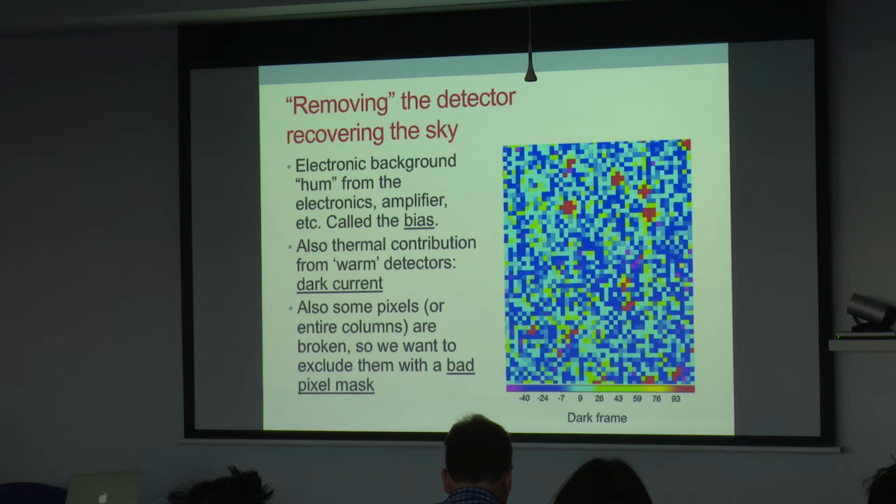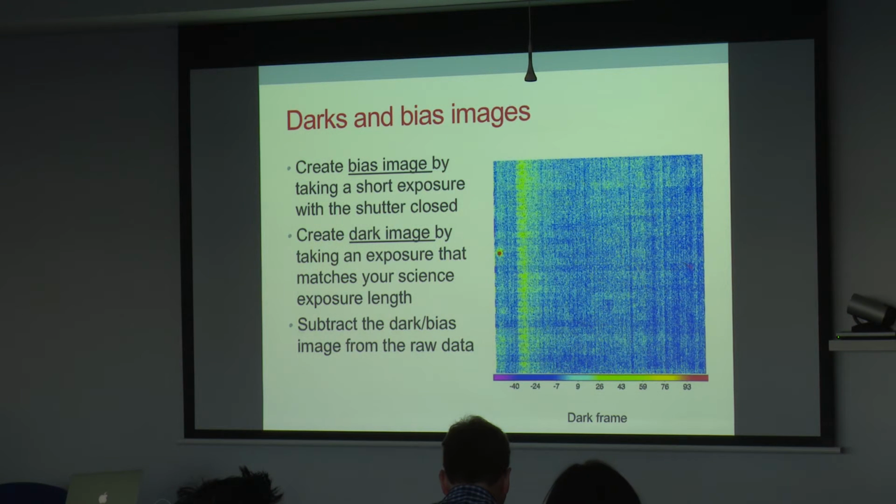And so what you want to do is capture this information and subtract it from your image. You usually just take a bias image, or in more infrared detectors, you'll take something like a dark image, which is allowing no light to hit the detector, but you integrate for the same amount of time as your science observations to accumulate enough thermal hum of the electronics of the detector. Also, during the manufacturing process, you have bad pixels, things that just malfunctioned. And so for these, we want to make what's called a bad pixel mask and actually remove them completely from